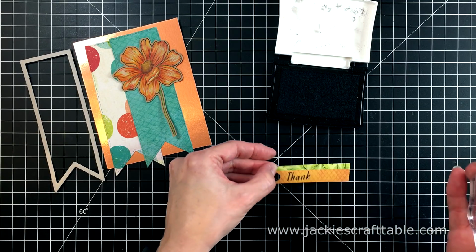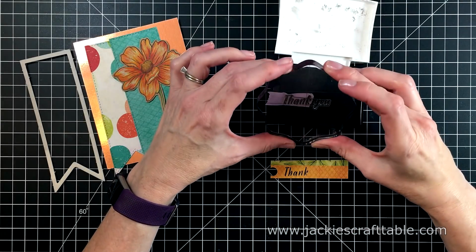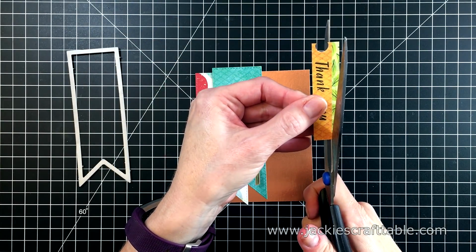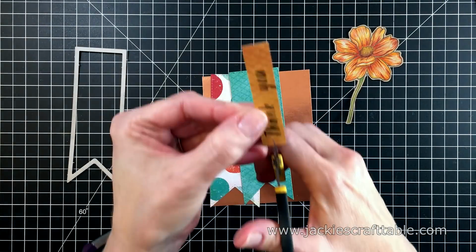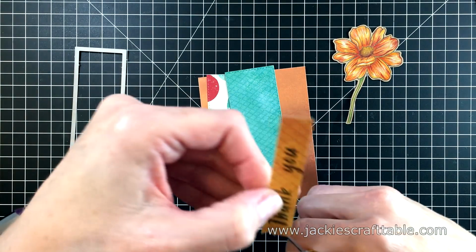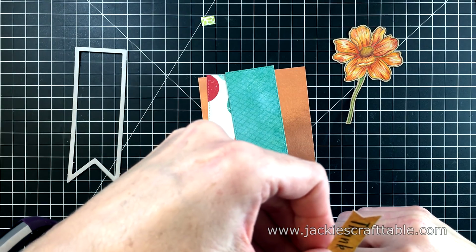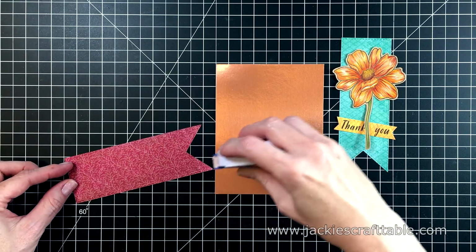So I use a little bit of washi tape to mask the word as I stamp it, and then I peel it off, and then I can stamp the second word. I stamped that right onto a piece of the pattern paper. But let me back up here a little bit. The flower I stamped onto a piece of craft cardstock and colored in with more colored pencils, and I fussy cut that out. I cut out this piece of pattern paper with one of my larger faux stitch banner dies,